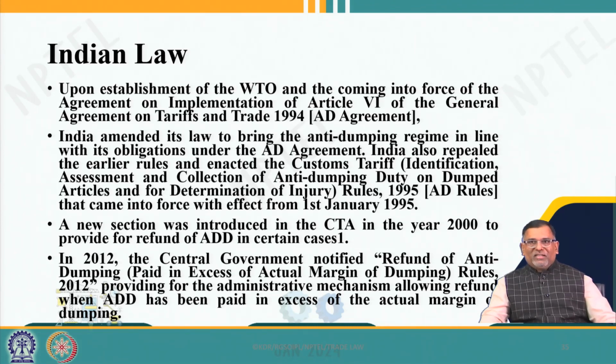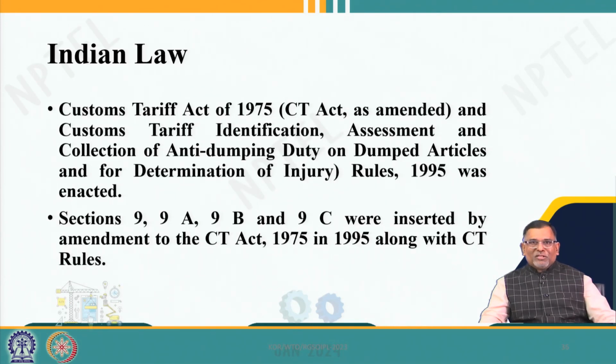What they have done with the duty collected from 1995 to 2012 is unknown, but the rules were passed in 2012 only. Simply, you can see that sections 9, 9A, 9B and 9C were inserted by the amendment in 1995 in order to comply with the